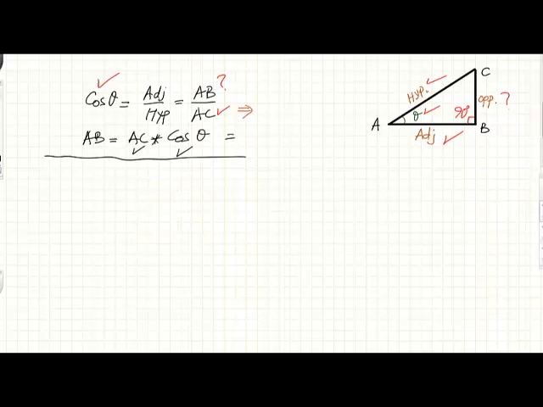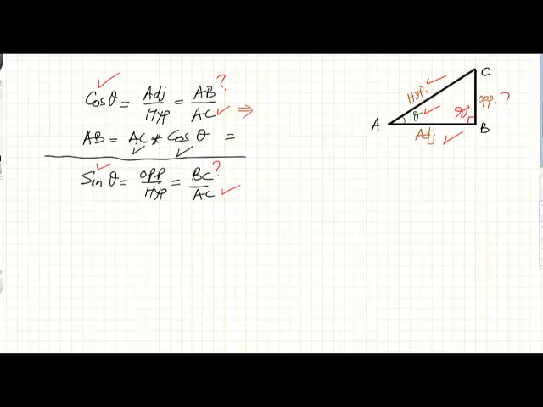In this case, we say sine theta is equal to the opposite divided by the hypotenuse, and the opposite is BC divided by AC. BC is the unknown we're trying to calculate, and the other values are known. So BC is equal to AC multiplied by sine theta,